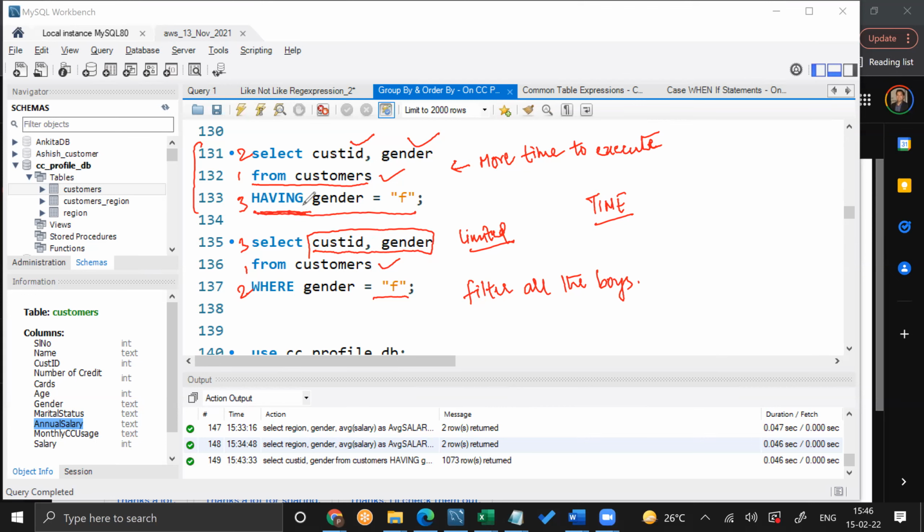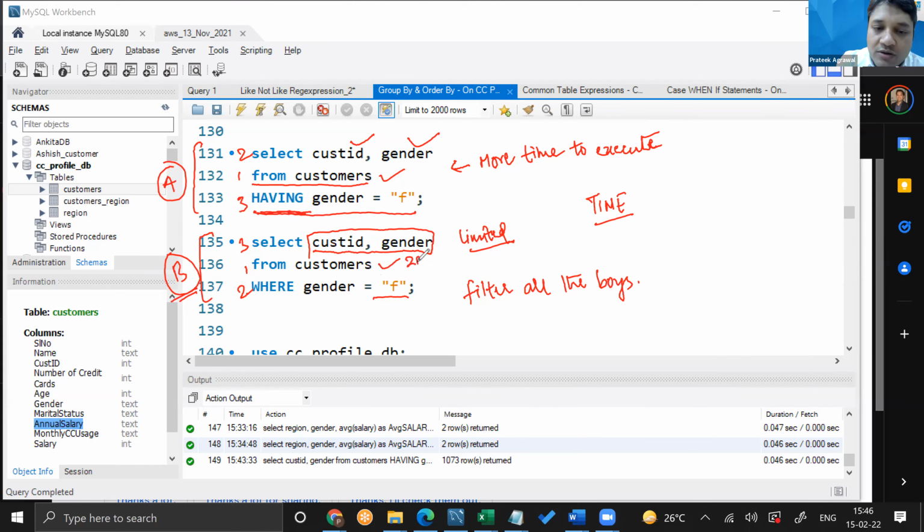As we discussed earlier, WHERE gets executed just after FROM. Just after FROM. So if you look at this one, let's say this is B type query and this is A type query. If I look at B type query to begin with, it will open the table.